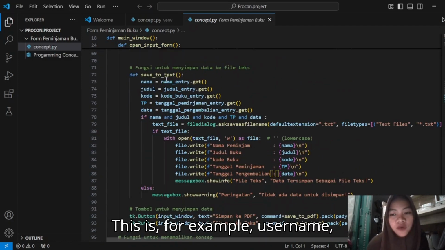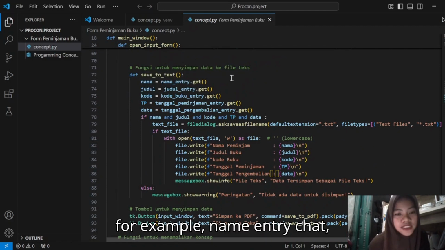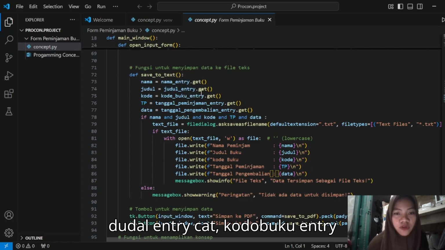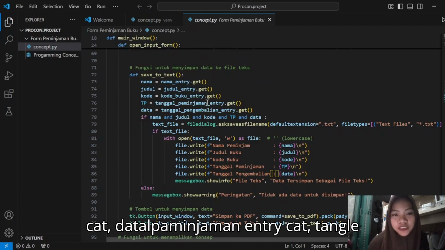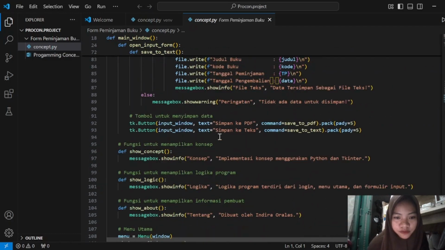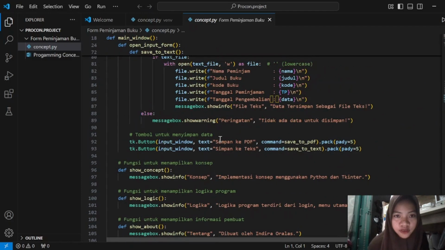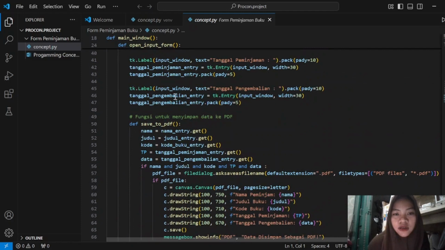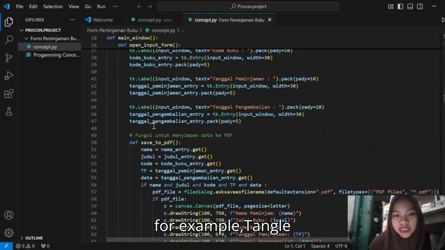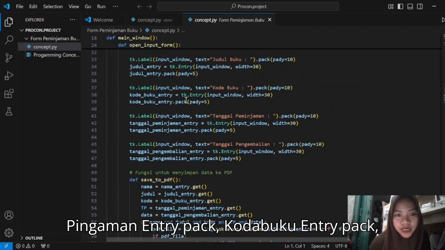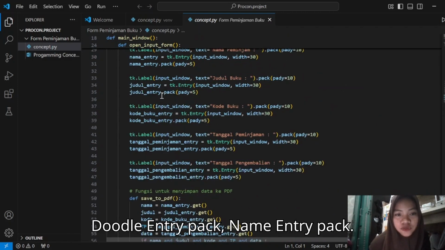For example, name entry get, judul entry get, kode buku entry get, tanggal peminjaman entry get, tanggal pengembalian entry get, and tanggal pengembalian entry pack, tanggal peminjaman entry pack, kode buku entry pack, judul entry pack, name entry pack.